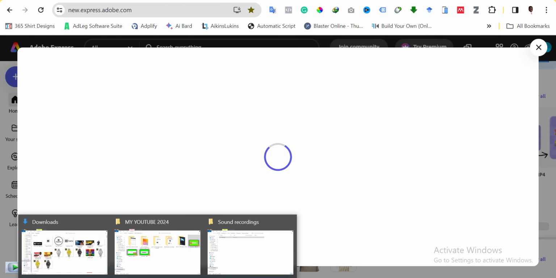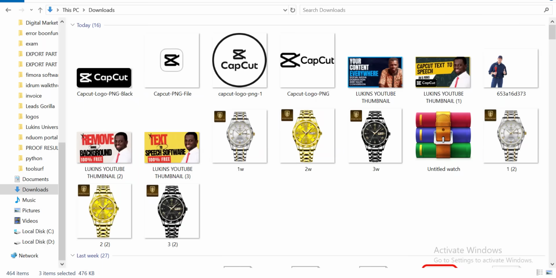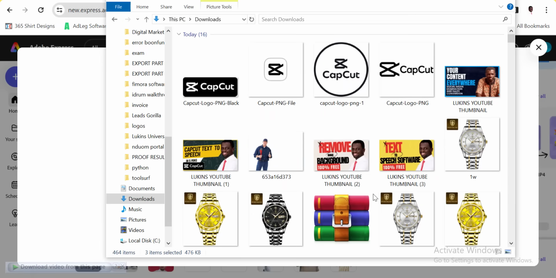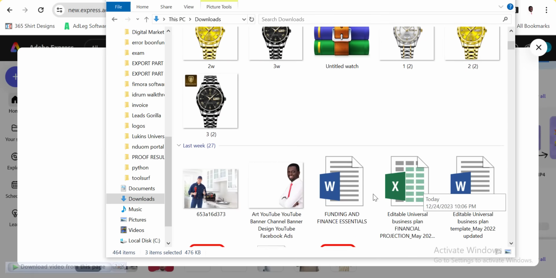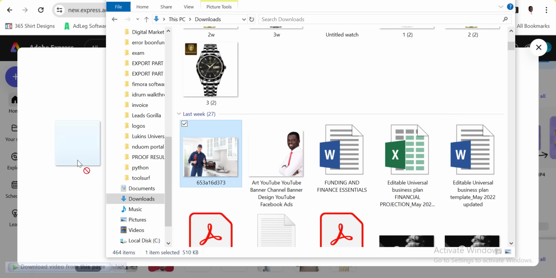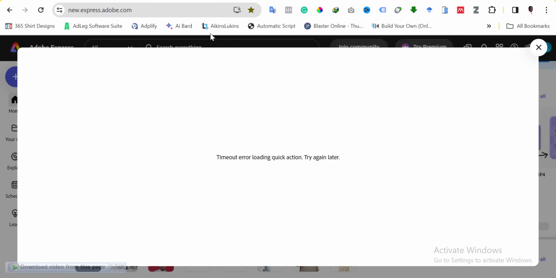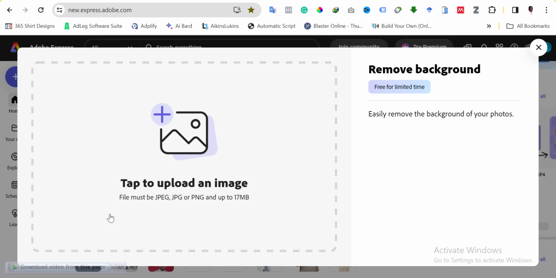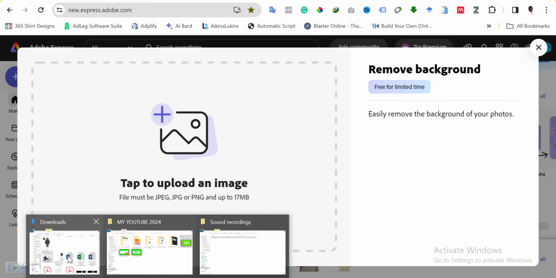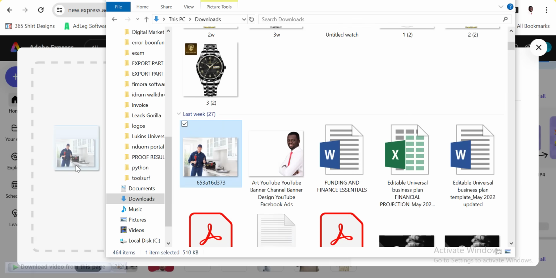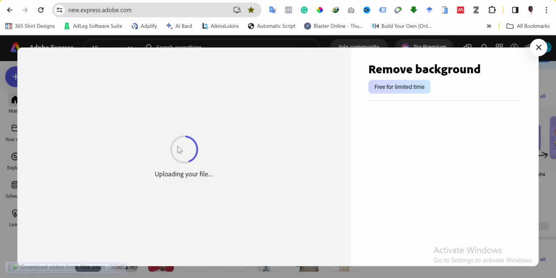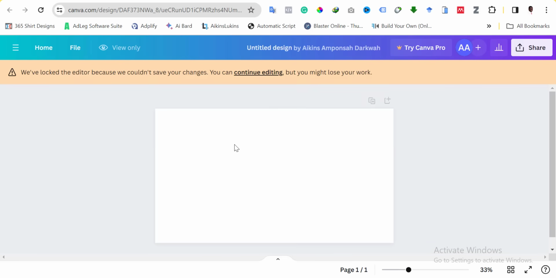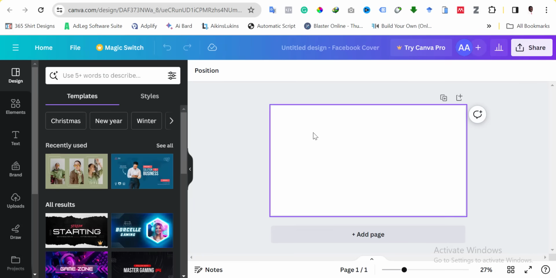Let me see if I can get an image here. Okay, let me get this image. Let me pick an image like this, and I drop it. All right, so it seems there's a loading error. Let me try again. Let me pick an image. All right, let me pick this image, and drop it here. You see that it does the work easily, but for Canva, you need a third-party software